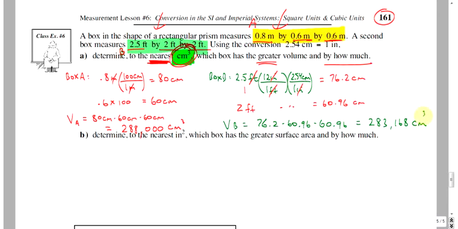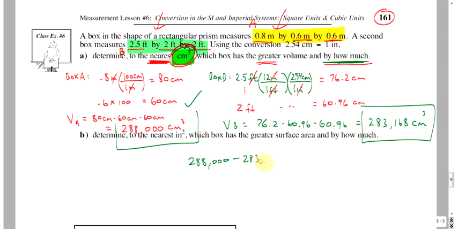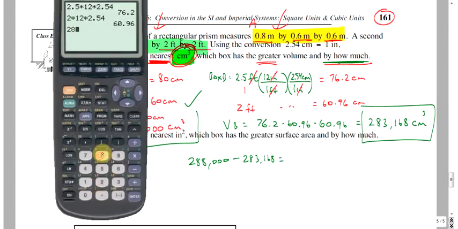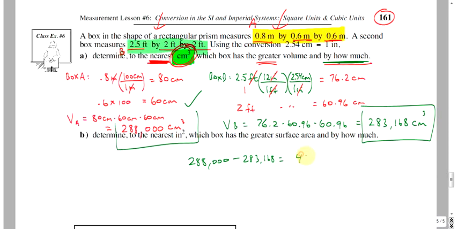Okay? Which box is bigger? The SI box or the Imperial box? This one. That's a bigger number. Am I done? Or do I need to do more for this question? Yeah. By how much? That one's bigger, but I didn't find out by how much. So, by how much? Well, what's 288,000 minus 283,168? 288 minus 283,168 is 4,832. And if you're good girls and boys, you'll write this in a little sentence,